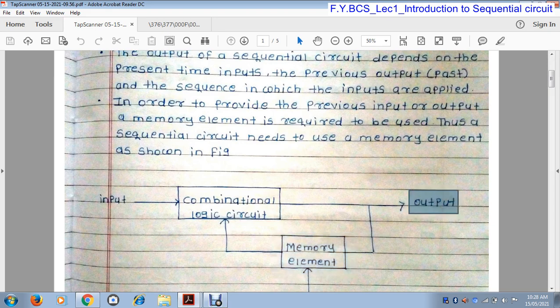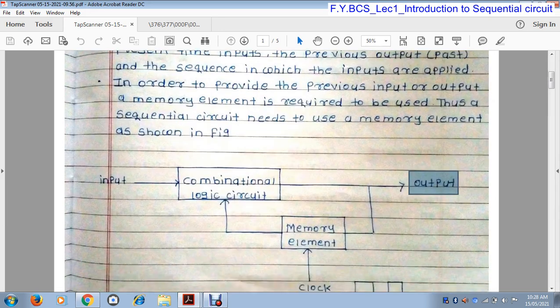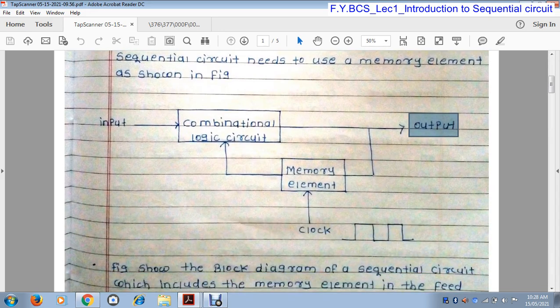So the output of a sequential circuit depends on input as well as past output, which is stored in a memory element. In order to provide the previous input or output, a memory element is required. The sequential circuit needs to use a memory element as shown in the figure. So this is the basic block diagram of a sequential circuit. This is the combinational circuit, that means these are the combinations of different types of logic gates.